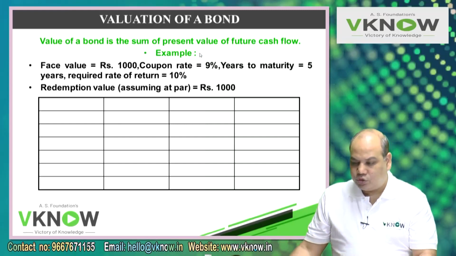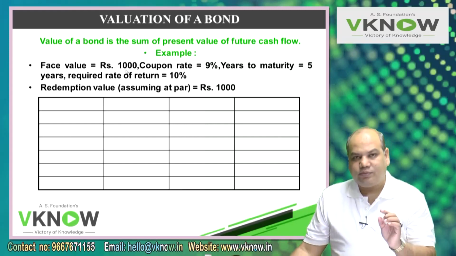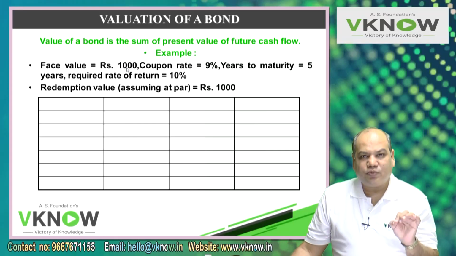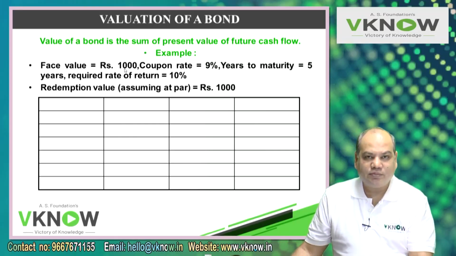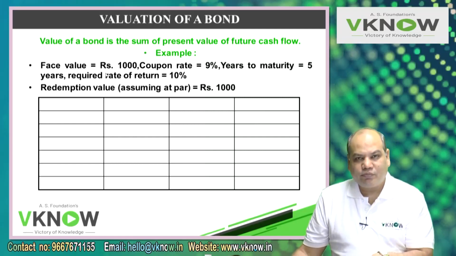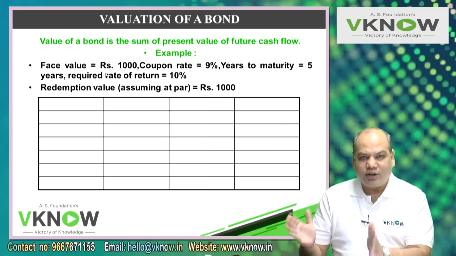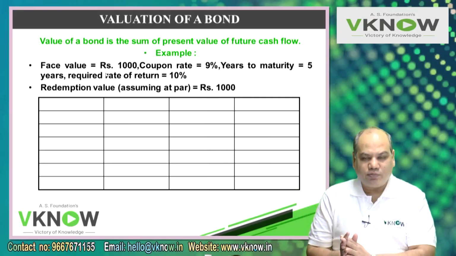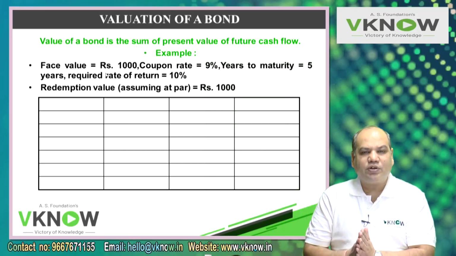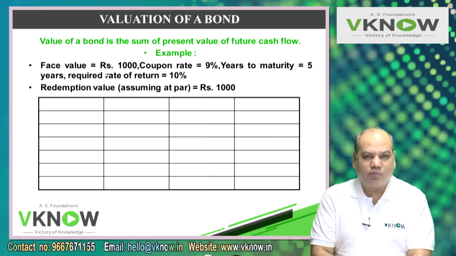So you have to first make a list of what cash flows this bond, which the problem has given to me, will generate on different dates. What is the required rate of return of the investor? Then compute the present value using the required rate of return, and that is what we will call the intrinsic value of the bond, or the price the investor is willing to pay for the bond, right?